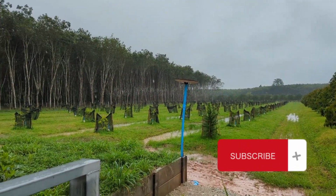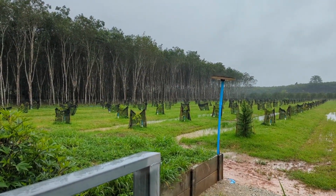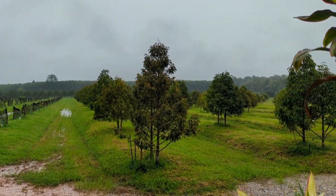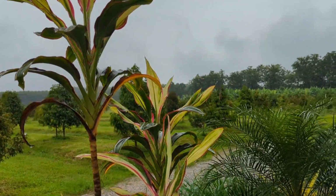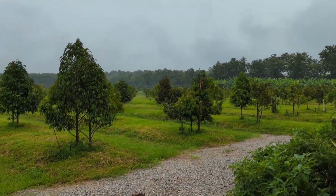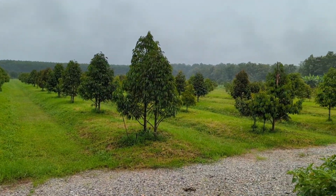Let's flip this camera around. I'm really impressed with the new trees. So they're 6 weeks old. I've already got new tops on them, a lot of buds on them, and then our existing trees are also doing really well. So today, when it stops raining, when it gets a break, I'll go ahead and we'll go out there. We'll take a close look at the trees, and then I also want to show you guys my